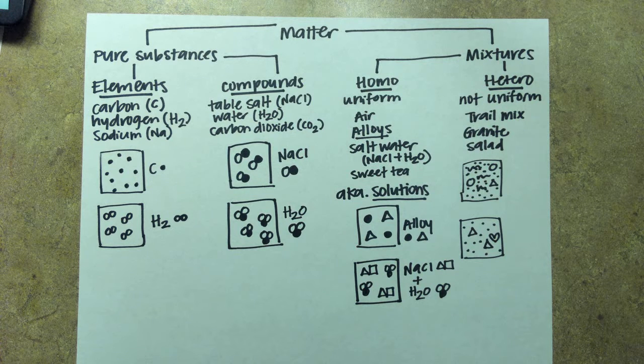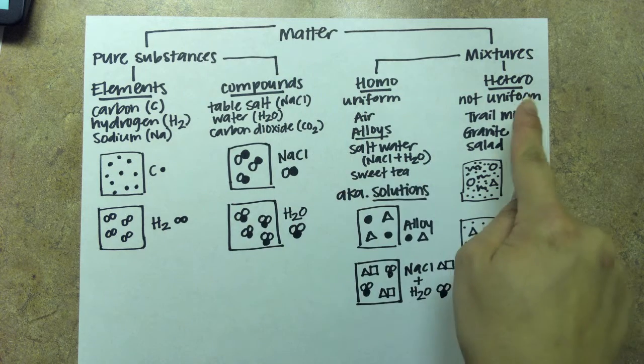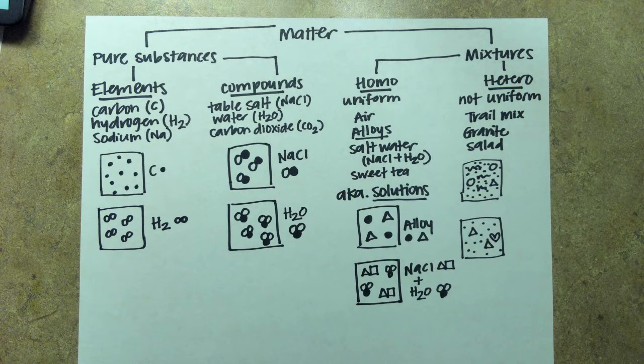Essentially what we need to be able to do is classify matter in these 4 main categories: elements, compounds, homogeneous mixtures, and heterogeneous mixtures. When I'm listing different things, I want you to be able to identify a substance as one of these. If I'm looking at a particle diagram, I want you to be able to identify whether it's an element, compound, homogeneous mixture, or heterogeneous mixture. And the other way around too, if I ask you to draw a compound or draw a particle diagram of a heterogeneous mixture, you are able to